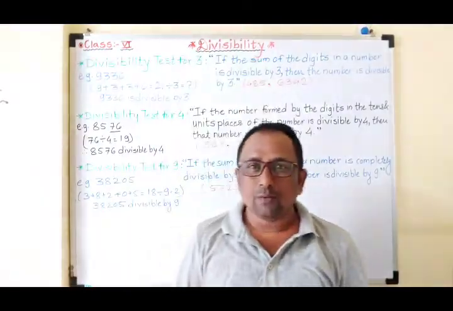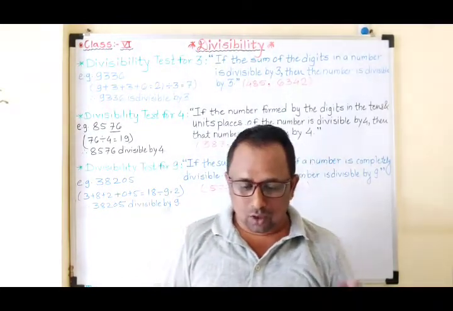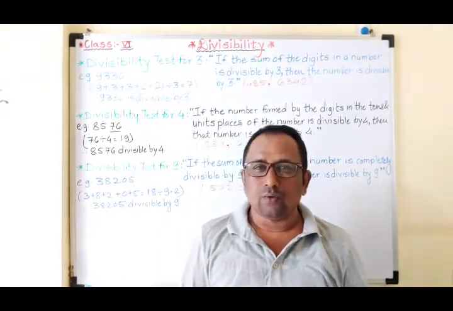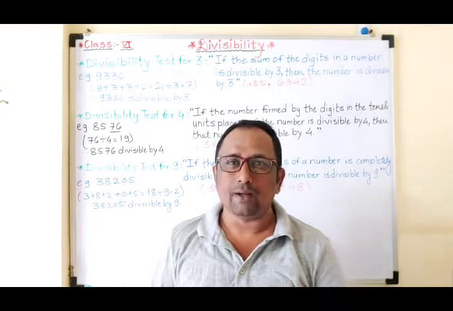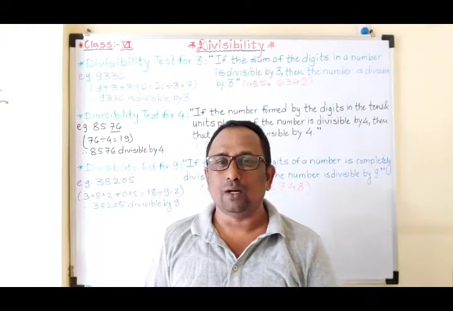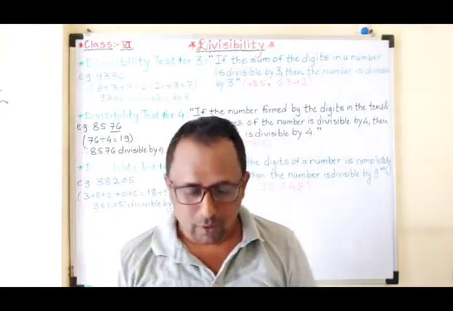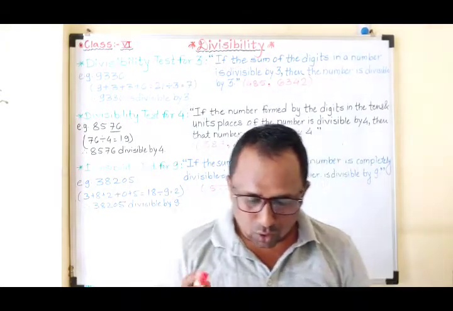Now, what is meant by divisibility? Divisibility means the division of numbers without any remainder. This remainder should be 0. So students,